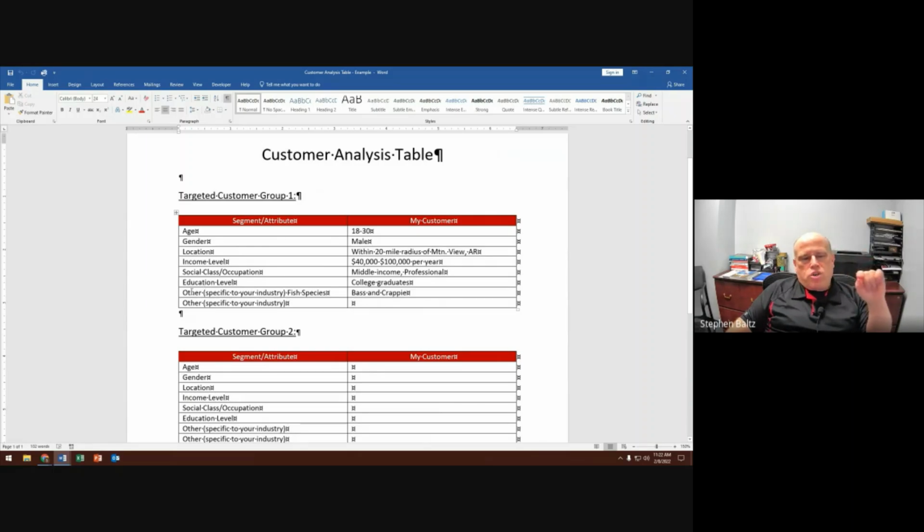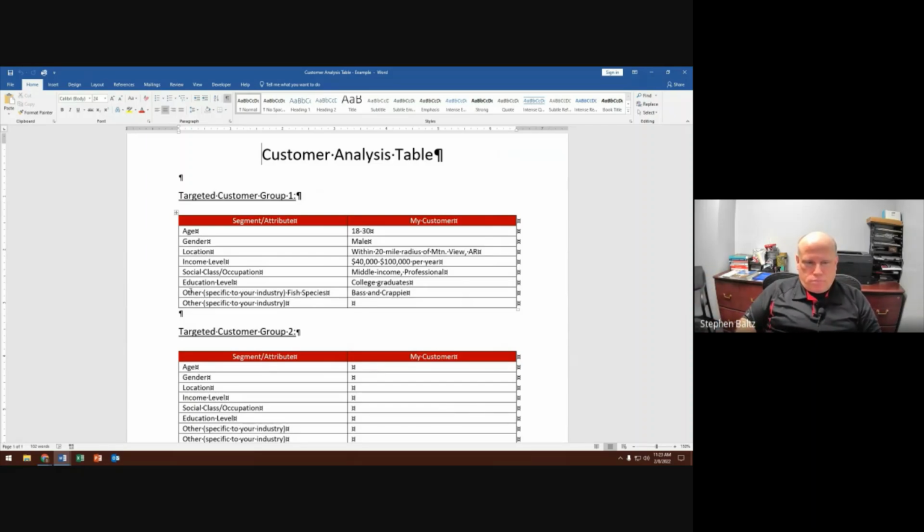And then there are two columns at the bottom that you can use for segmenting the market based on a specific attribute that your particular product has. For example, in the fishing gear market, there are different types of fish species that you could offer gear for. In my case, I'm choosing bass and crappie. So basically, I'm focusing on selling bass and crappie gear rather than other fish species like trout and catfish